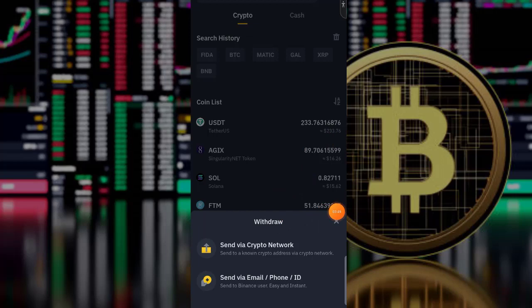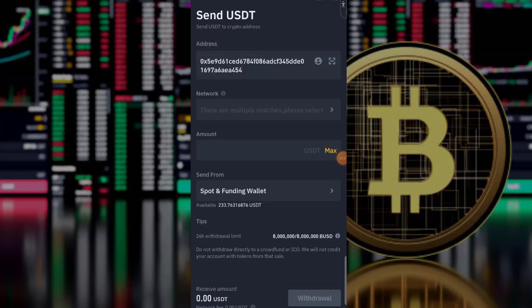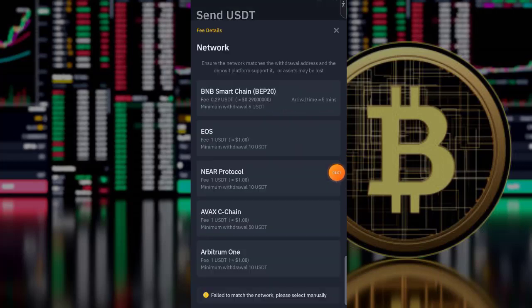Then select send via crypto network. Then long press on this field to paste the address that you've copied on Bybit, which is the BEP20 address. Then come over here and select the BEP20, which is this one. You see that we're going to spend $0.29 for this, unlike the TRC20 network, which you would have spent